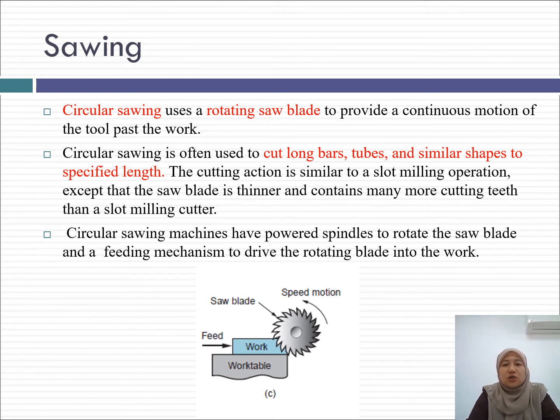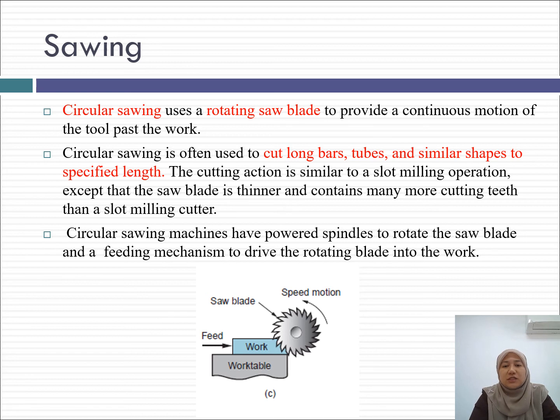Circular sawing is often used to cut long bars, tubes and similar shapes to specified length. The cutting action is similar to a slot milling operation, except that the saw blade is thinner. Milling cutters tend to be thicker as compared to the saw blade. It contains more than one cutting tooth, however it is thinner than the slot milling cutter.